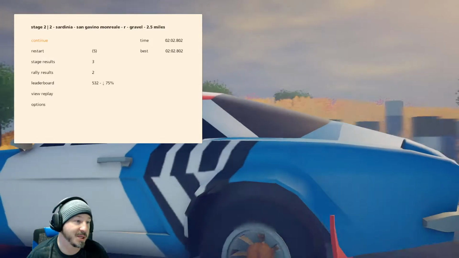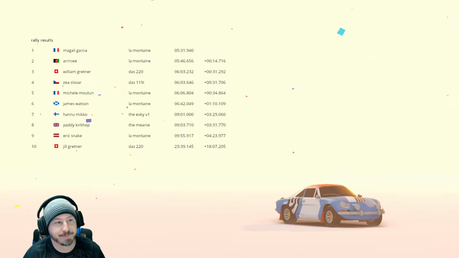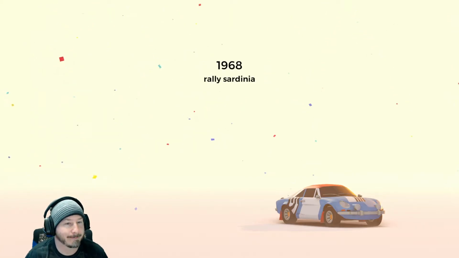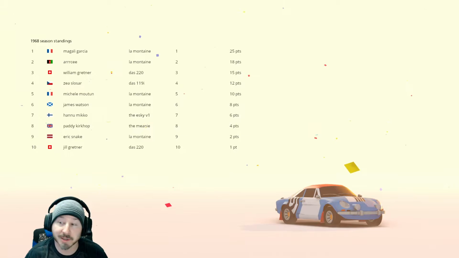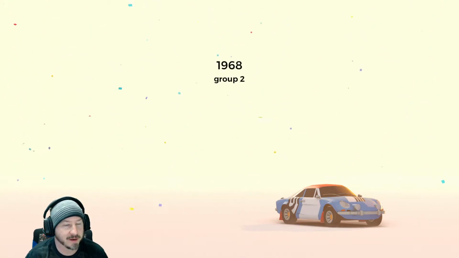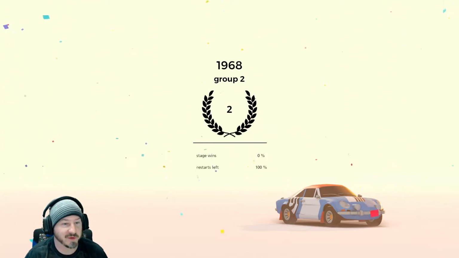202. Let's see what we got. Stage results 3, rally results 2. So I overall got second place, it looks like. Yep, there I am. Second place. Stage wins 0, but restarts left 100%. Didn't use any restarts. I don't know if they give you achievements for that or not. Those of you who are interested, the game does feature achievements, though. So if you're looking to get some achievements through racing...